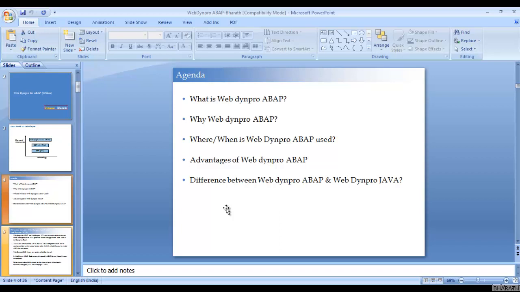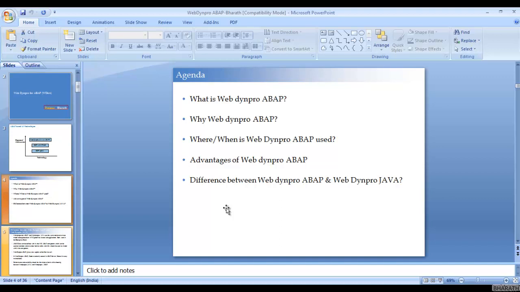To develop WebDynpro ABAP components or applications, we do not need any other third-party tool. If we have SAP access, that is enough. We log into SAP GUI, go to the SE80 transaction code, and start developing the WebDynpro ABAP components or applications.